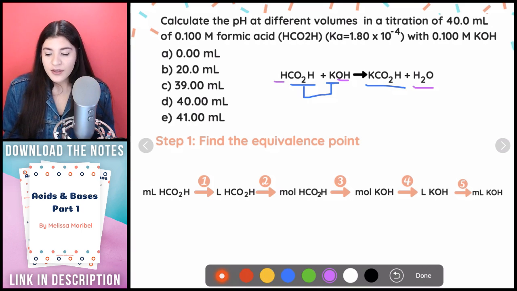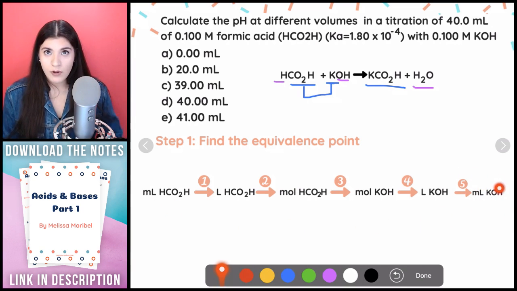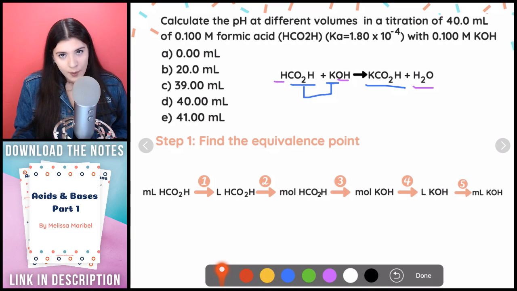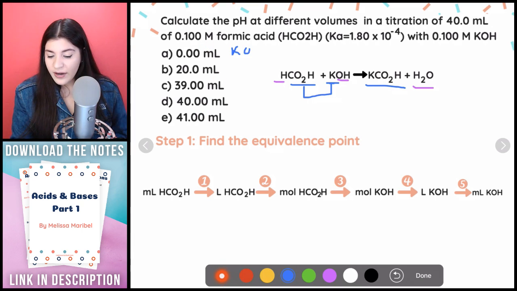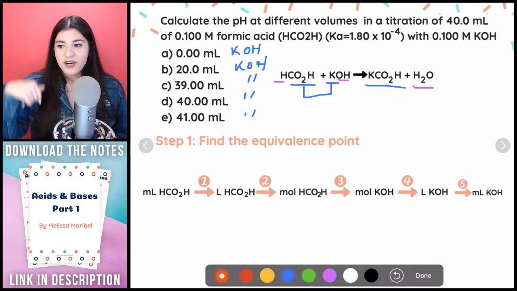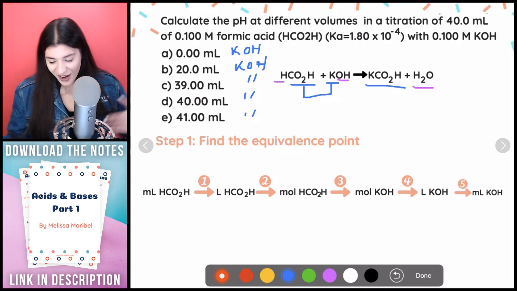Okay. So then the next thing is to find our equivalence point. The same sort of process occurs here, where we start off with the milliliters that were given to us for our formic acid. And then milliliters of our base will be what we're trying to get to. Whatever these values give us, they're giving us how much KOH is actually placed in the solution, or how much is actually being titrated or dropped. So that's essentially what we're looking for, and we're going to do this whole process again.